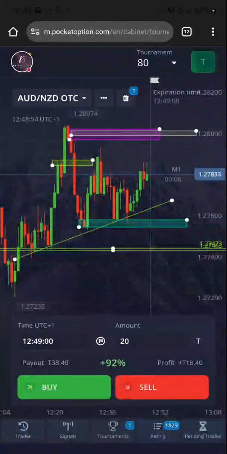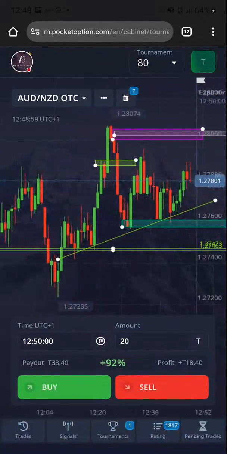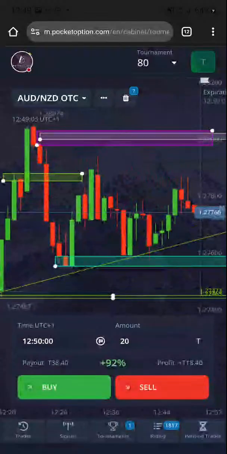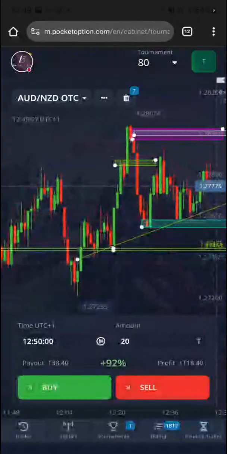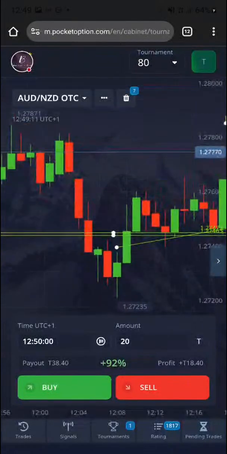So here there's one more thing I need to mark down. I'll mark it later. Now we have a QM up here. We have a buyer's entry. We have a demand. That was the trade we took the other time. Now here we have another QM down here, over here. So